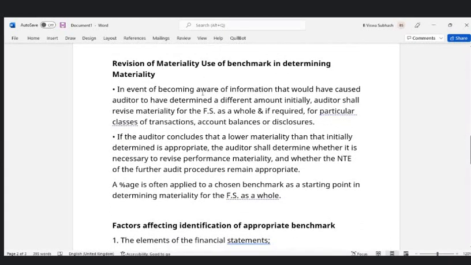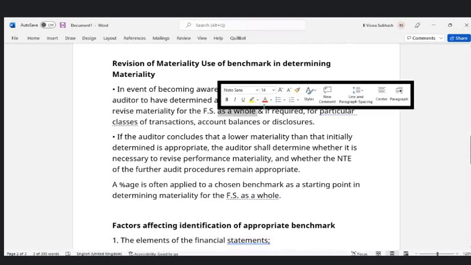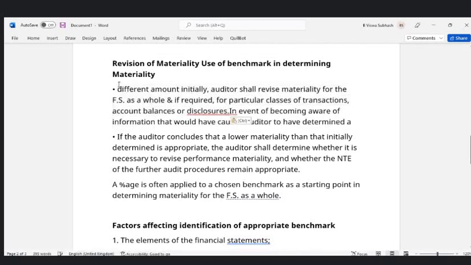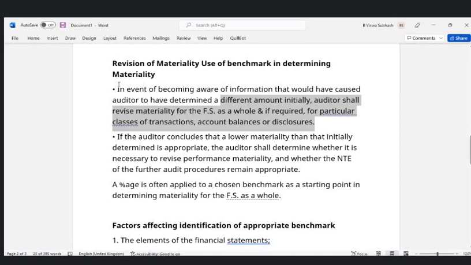Next, they talk about the revision of materiality. There may be a requirement to revise the materiality. In the event of becoming aware of information that would have caused the auditor to have determined a different amount initially, the auditor shall revise materiality for the financial statements as a whole, if required for particular classes of transactions, account balances, or disclosures. So initially, based on the information available at the time of strategy, at the time of planning, they had one materiality level. But later on, after getting into the books of accounts, they realized that the policy itself defines a higher materiality level. The policy documents of the company itself say they follow a different materiality level. If the company itself is comfortable with that, I am comfortable with that also. So the auditor can also revise